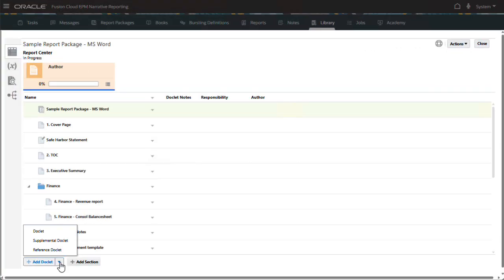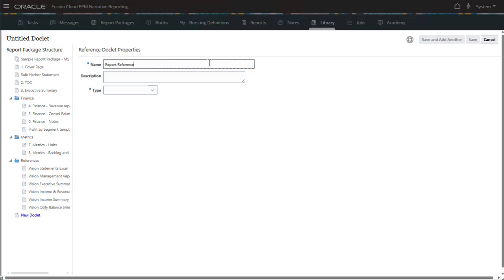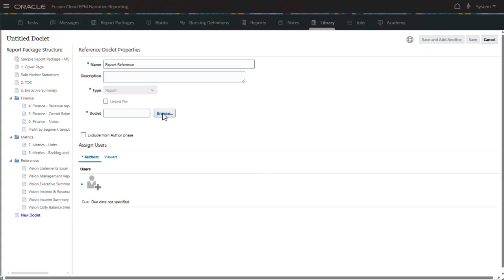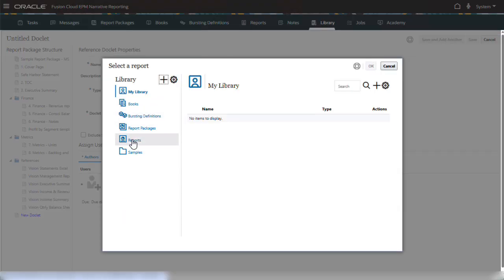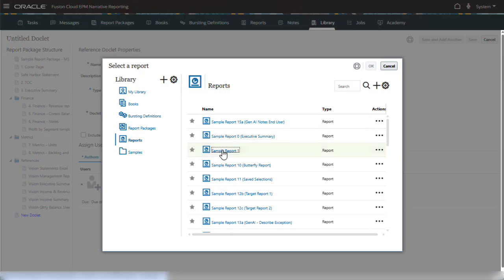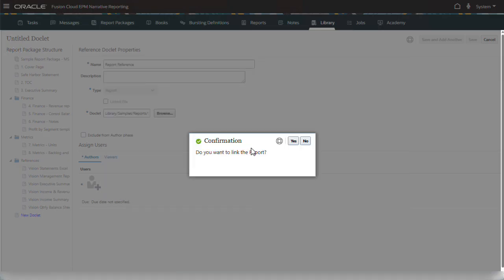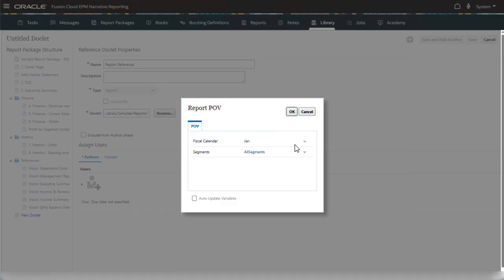First, the report package owner creates a report reference doclet and enters a name. Specify the reference doclet type, Excel or report. For this example, select Report. Next, select the report to use as the source. In this example, the report package owner selects a report from the library, links it, and accepts the displayed POV